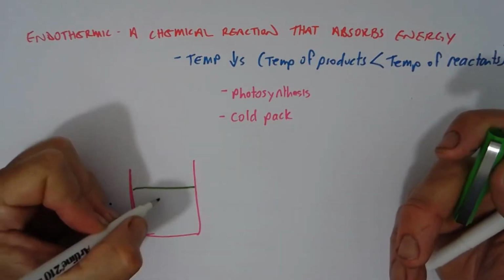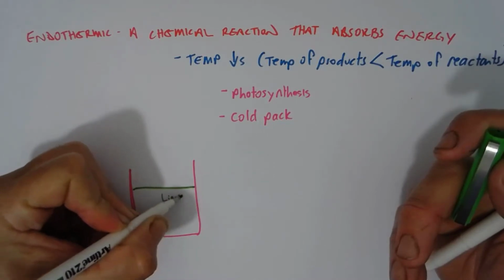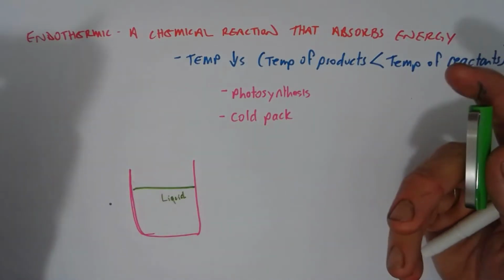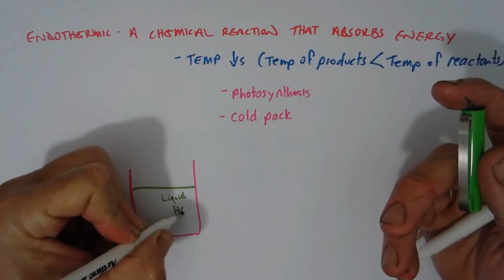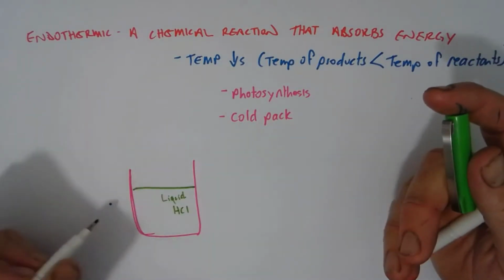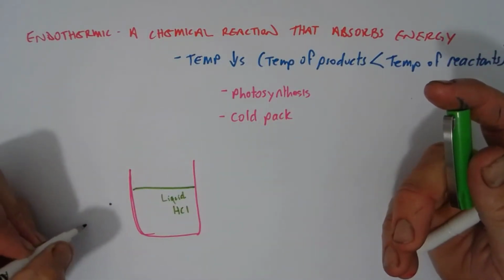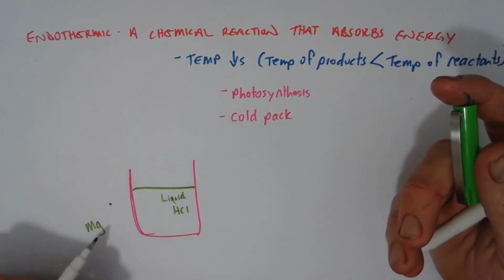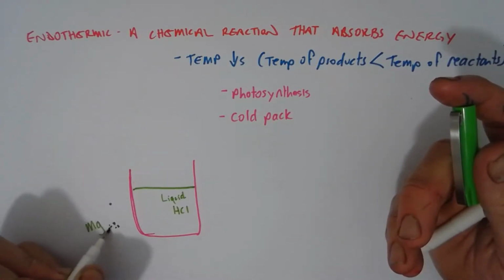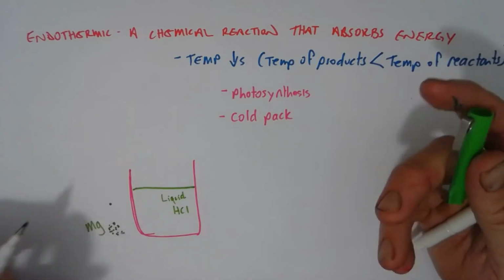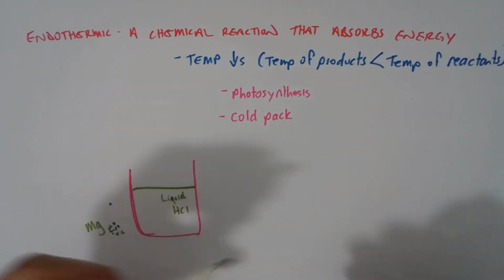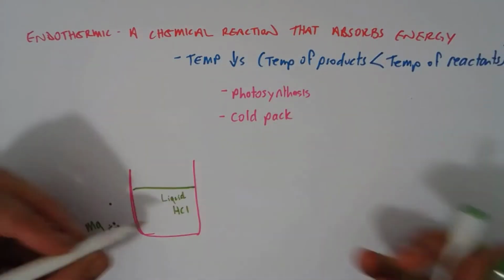So this is a liquid reactant. Let's say, for example, this is hydrochloric acid, and we're going to add to it magnesium metal, and the magnesium metal is going to be in crystals. Okay. All right. So we can use a thermometer to measure